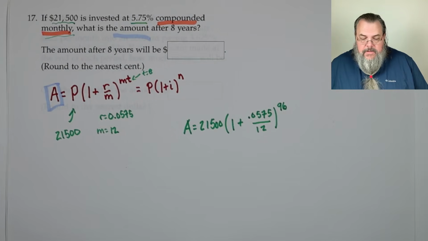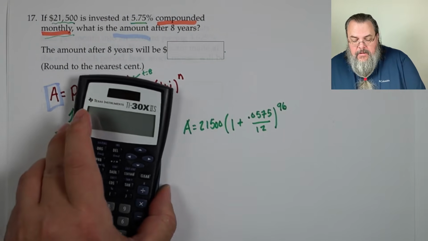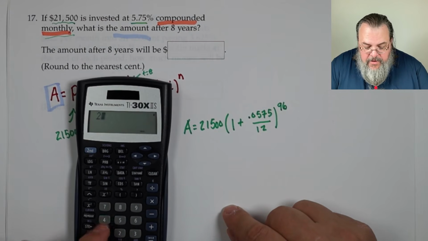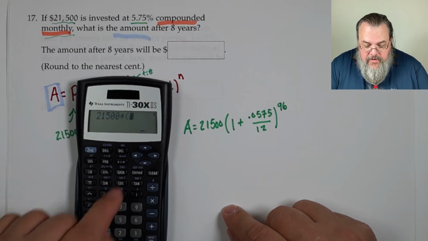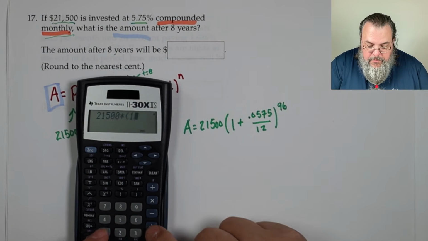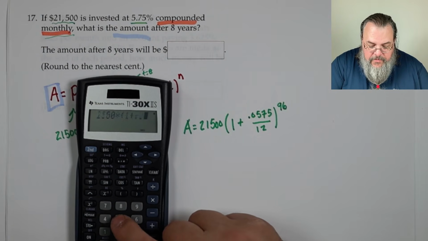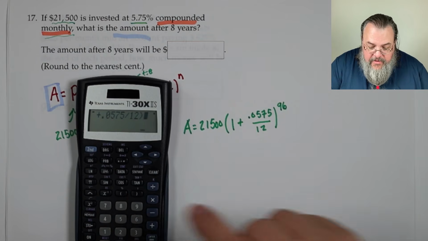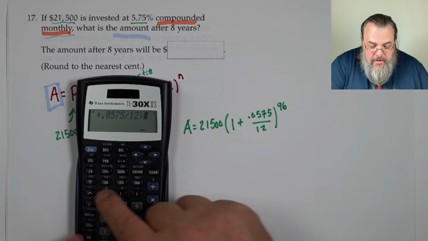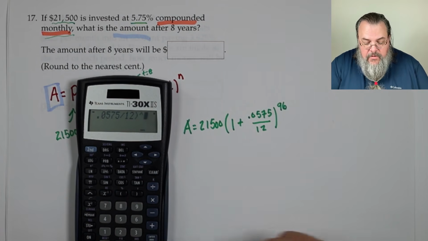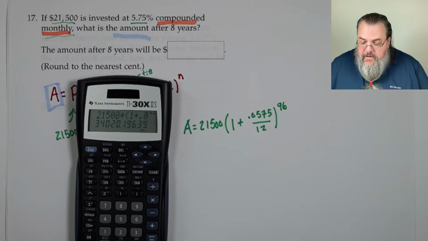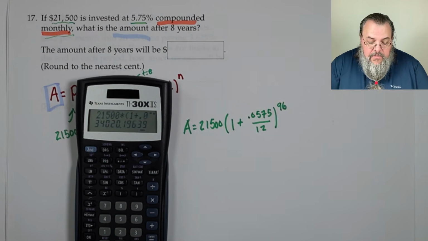Calculator time. So we're going to take 21,500 times, parenthesis, 1 plus 0.0575 divided by 12, parenthesis, then caret, that means raise it to the 96. And that gives us a grand total of